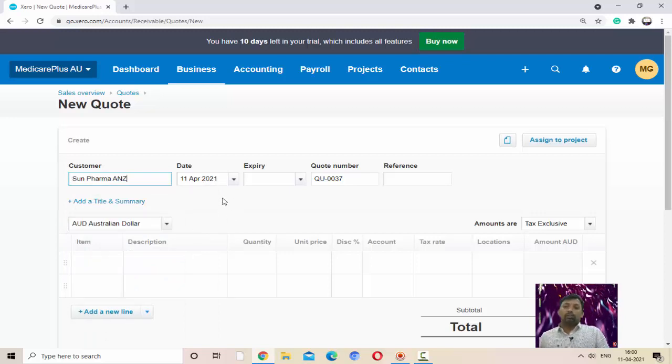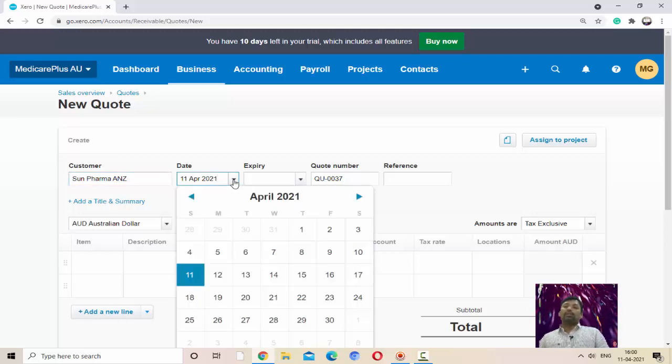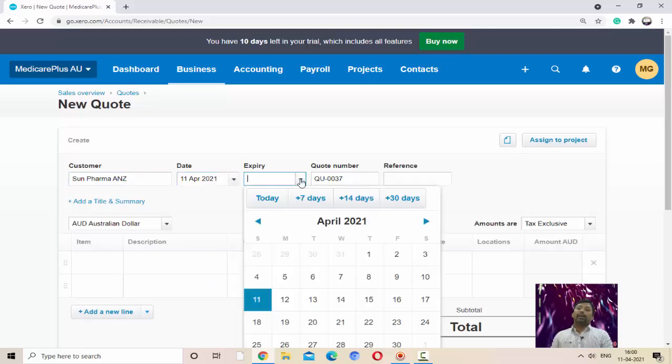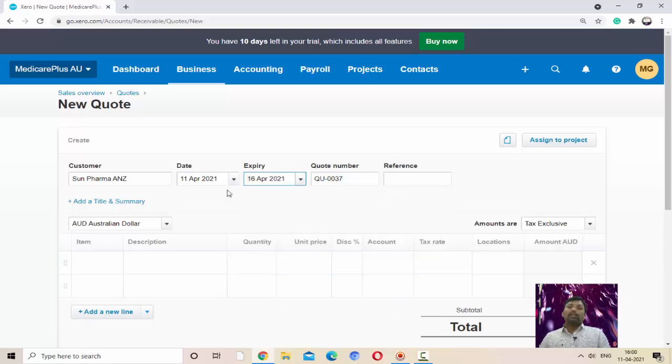Our business sent a quote to them for selling goods to them. Enter the date of the quote when it is generated, like 11th April, and then the expiry date when this quote will expire. After the expiry of the quote, that quote will not be valid, and a new quote will be prepared for the customer according to the requirement of the customer.